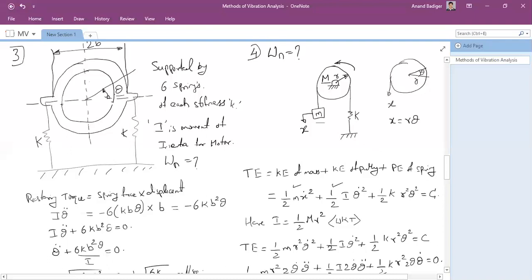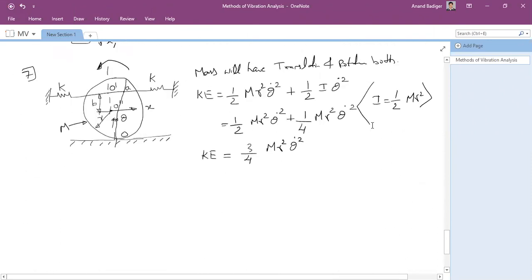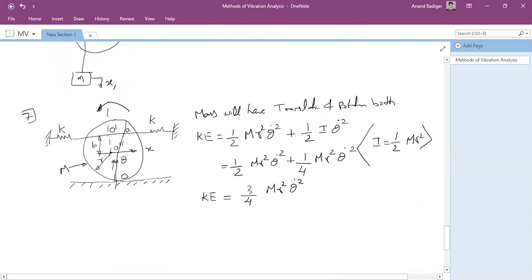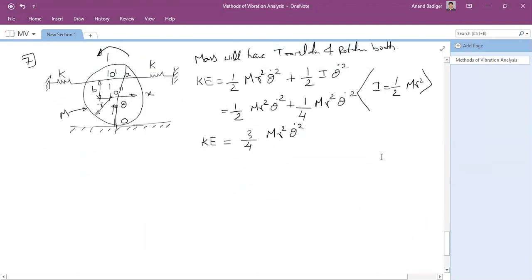So you need to understand the physics of the problem. How many masses are there, what kind of rotations it is having. Depending upon that, you are supposed to write the kinetic energy and potential energy, and then you have to equate it to constant. That is the energy method. So this problem whatever I'm solving is with respect to the energy method. Energy method says that total energy, that is kinetic energy plus potential energy, is equal to constant. That is why first I have found out the kinetic energy. Now as I know kinetic energy is this much, let us come to potential energy now.